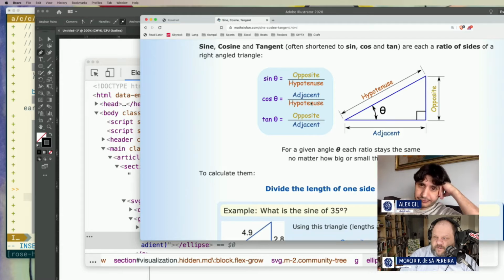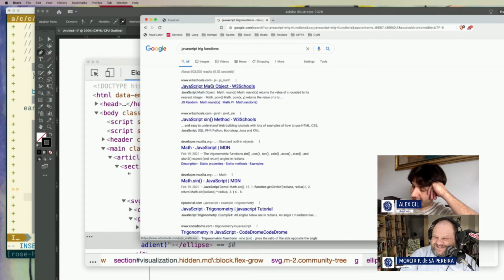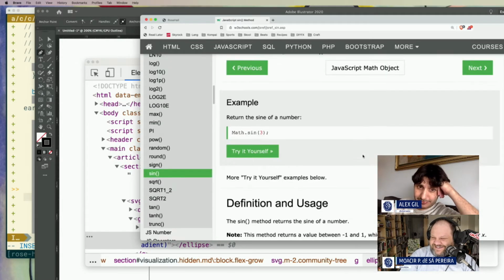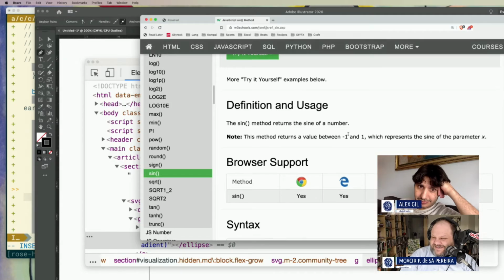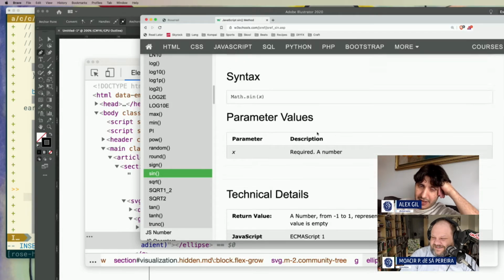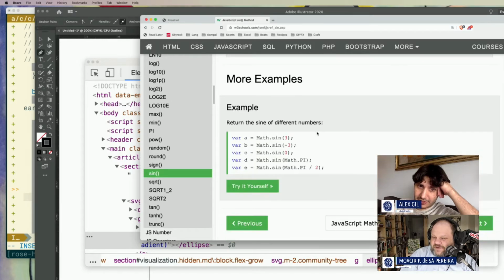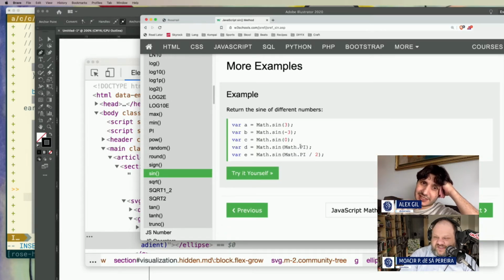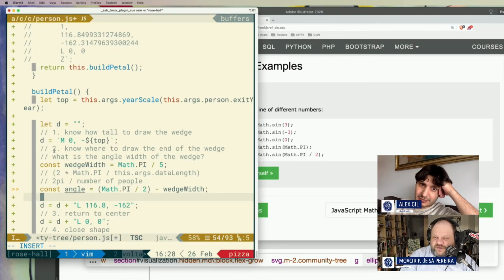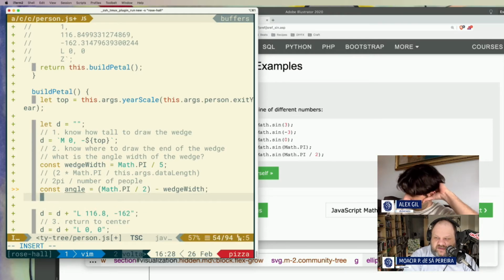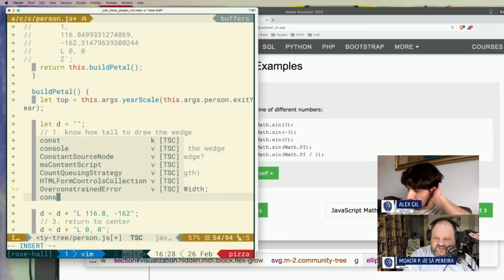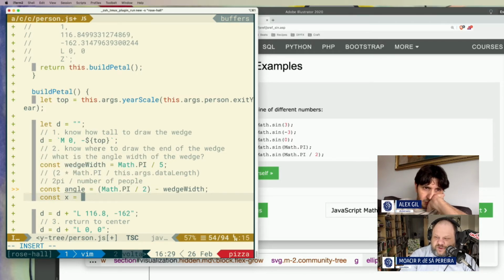Okay, so now how do the JavaScript trig functions work? We're bringing in a package. All right, the sine method. Oh, this is easy. Math.cos. Math.PI. So it is in radians. Okay, I figured it would be. All right, so we have theta in radians, and so we know that const x is equal to